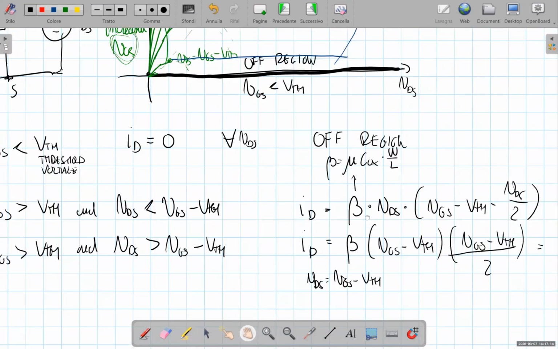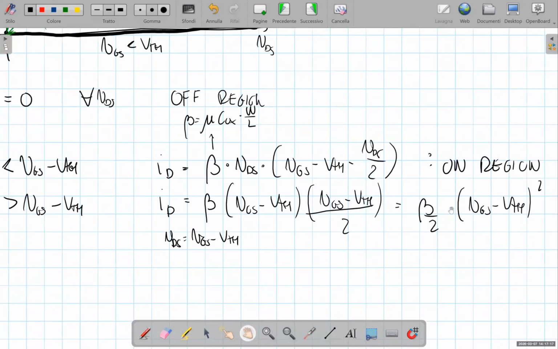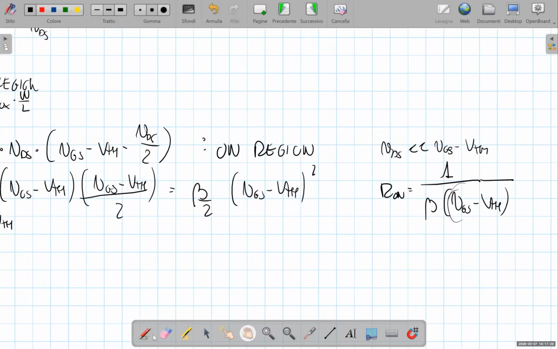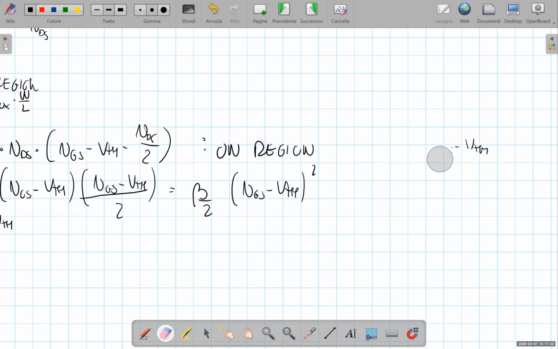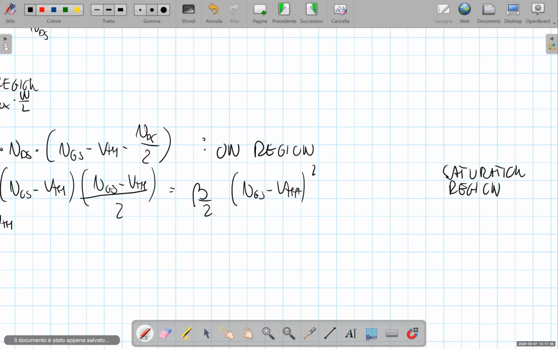So in other words, in this region, which is called the saturation region, the current remains constant with VDS. Actually, this is not fully true, since a small dependence on VDS is still there, and to describe